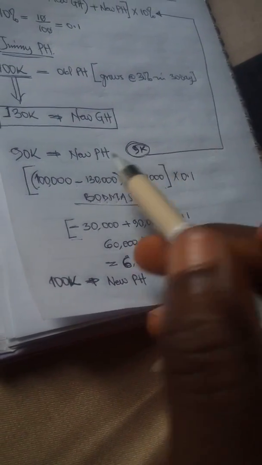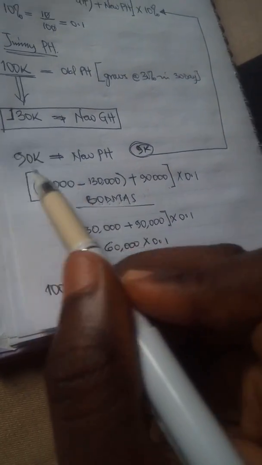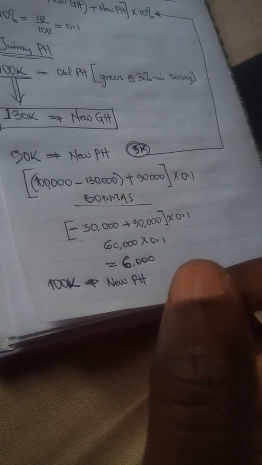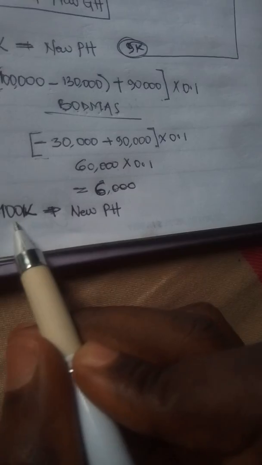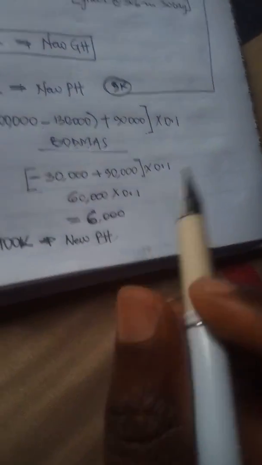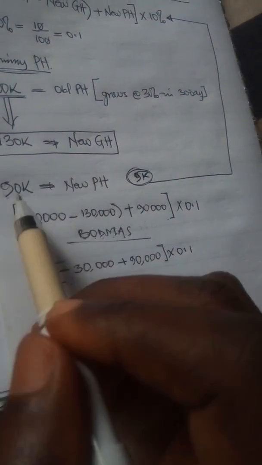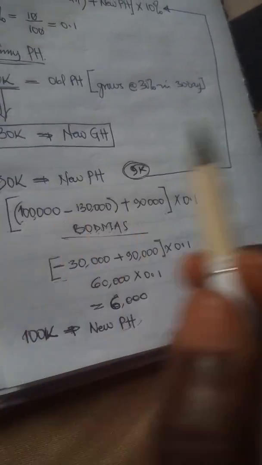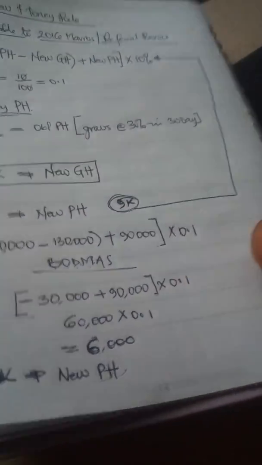My new GH will be 30% of this 90k. Remember, my new PH is this, my old PH is this. 30% of my 90k is what? 30% of 90k,